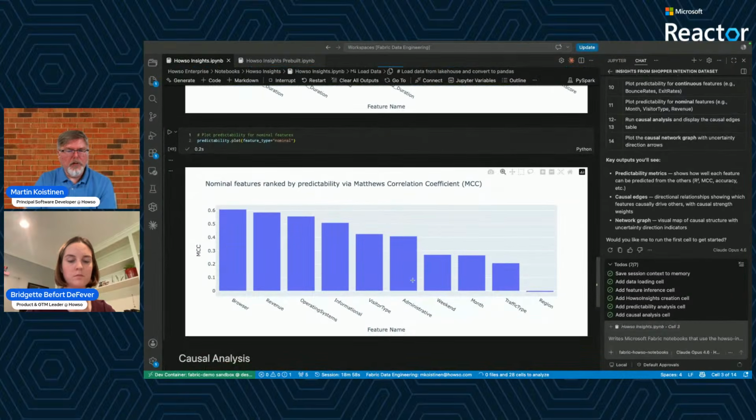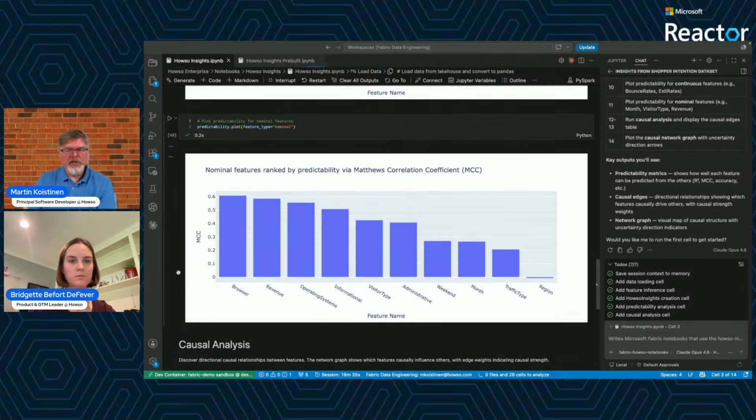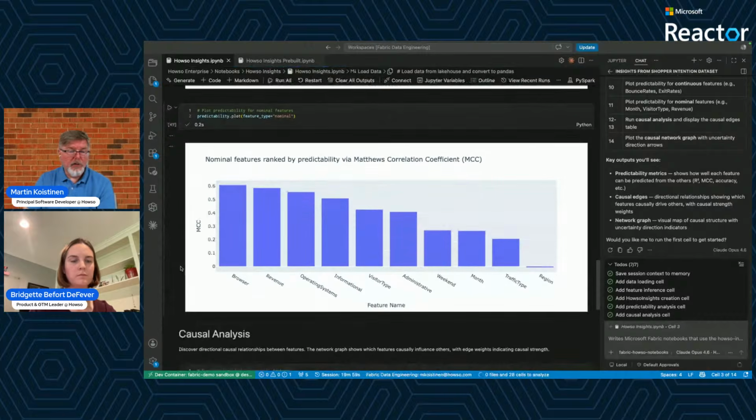nominal features. Now, revenue is the one we're going to be interested in. And just to be clear, revenue in this case is not continuous. It is nominal because it's basically just true or false. This column here will record whether or not the web visit that came into the website generated revenue or not. True being revenue generated, false being not. So that's great. And it's one of the more predictable features, which is very useful. I guess browser is somehow more predictable, not sure why, but revenue is very predictable.